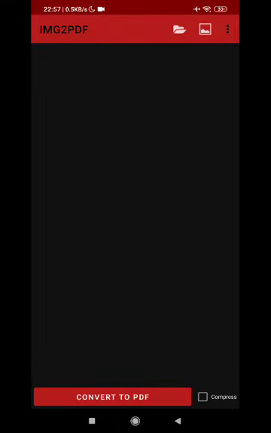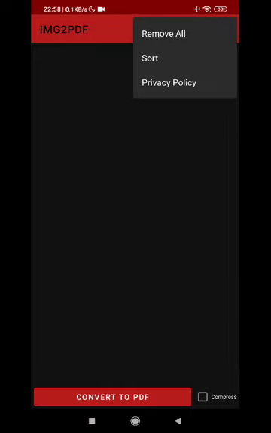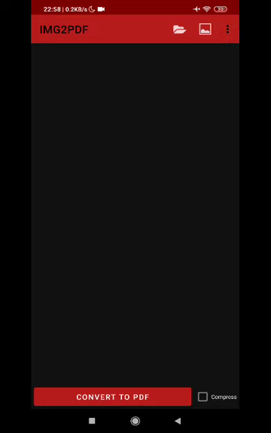After I click on open, the app will open up. Then three options will come at the top right corner. The first will show you the list of folders which are present in your phone. The second option will show you the gallery, and the third option will help you sort the pictures or remove the pictures. It's a very lightweight app, 5 or 6 MB space is required. I will choose the second option in the middle, which will display the gallery.